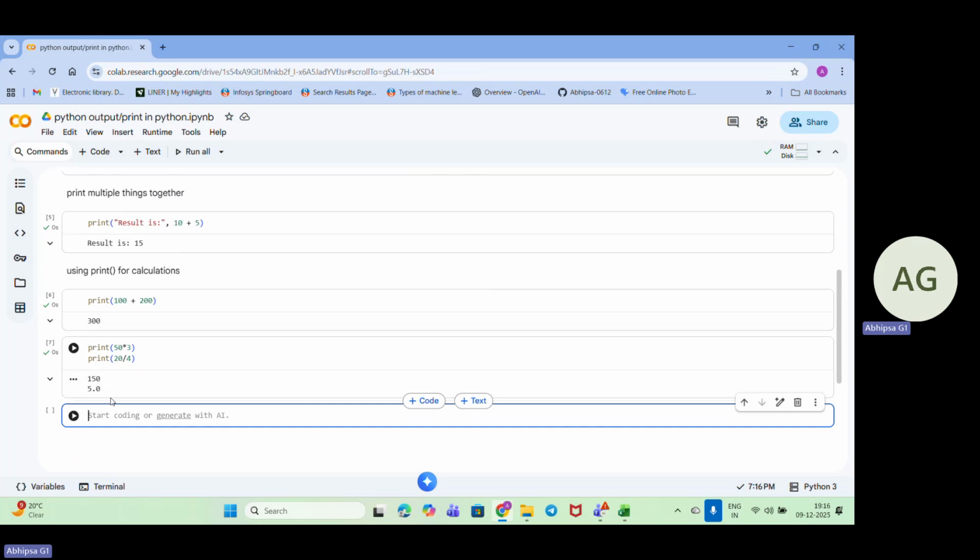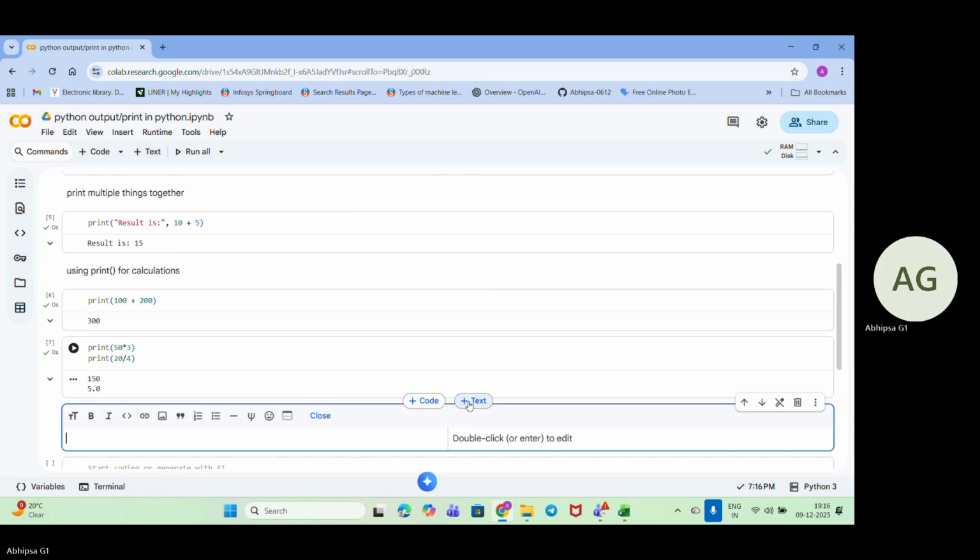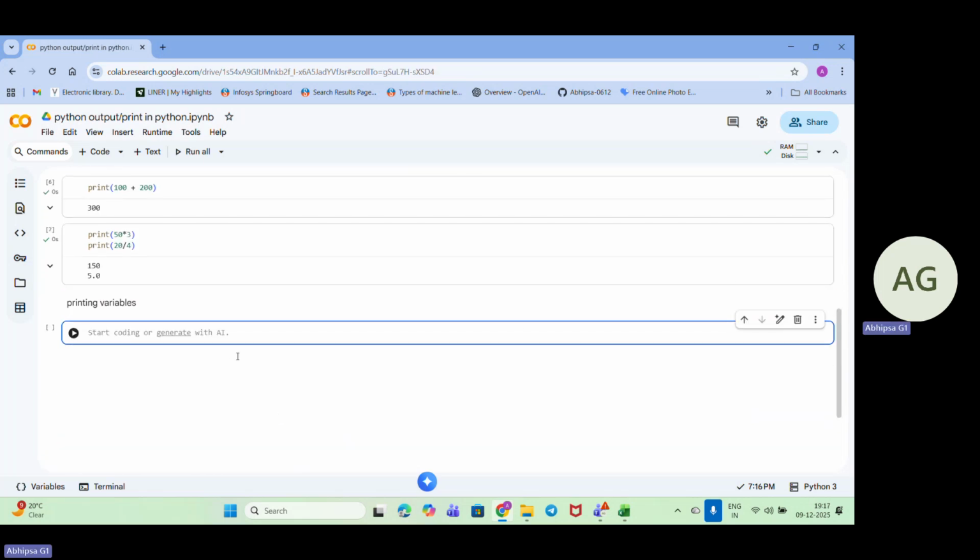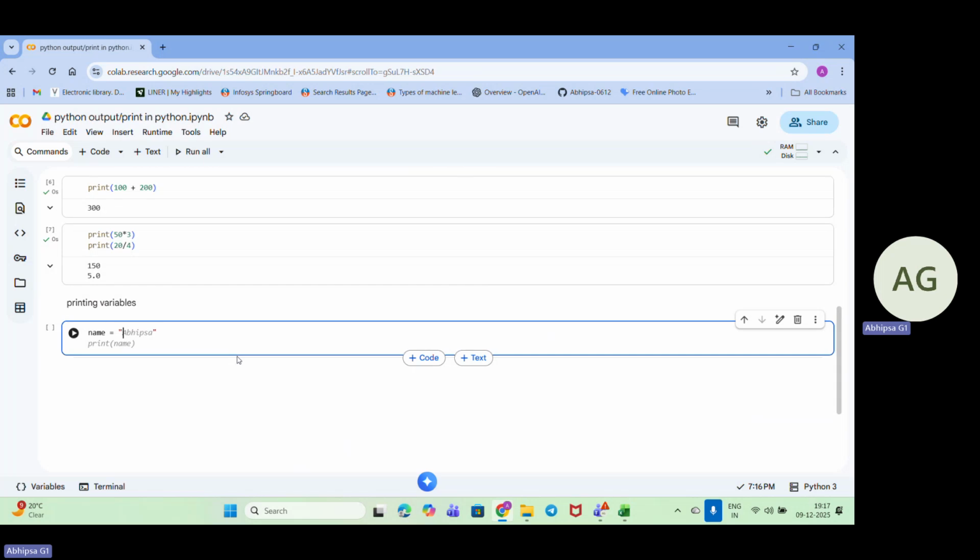So if I want to print any of the variables, what will we be doing? Okay, so what are variables? Variables are like boxes where we are storing values. Suppose I am giving name as Abhipsha.